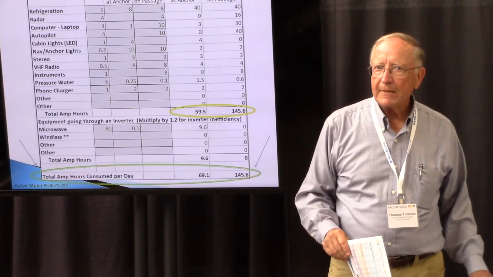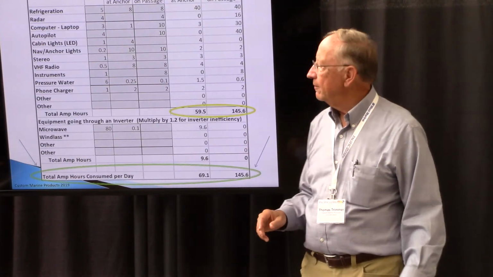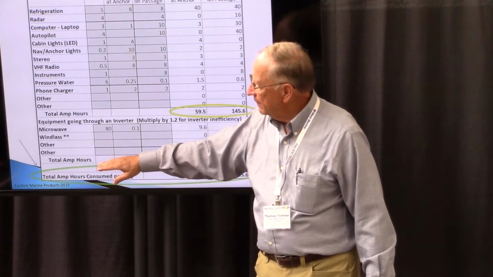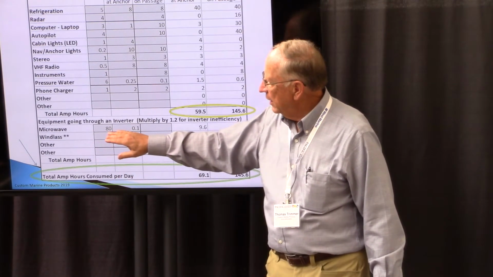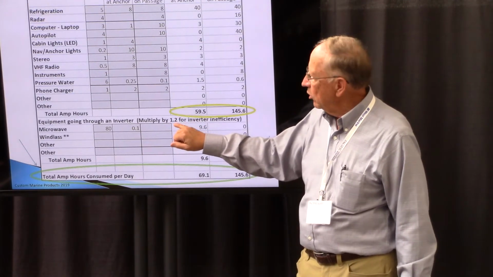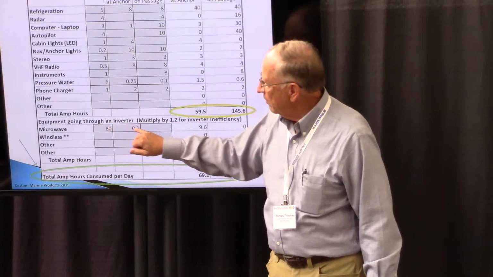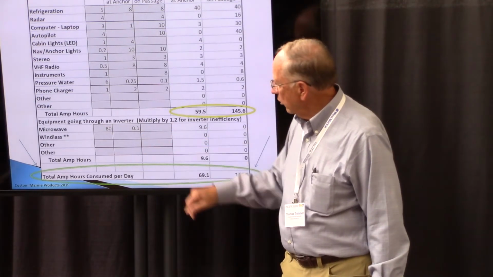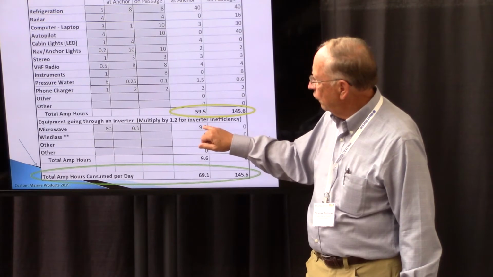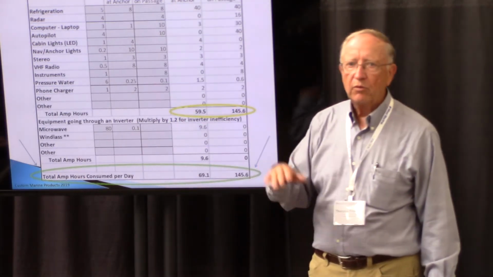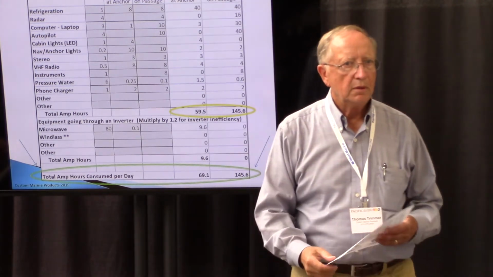Got it? Okay, now if I have an inverter on board, and I have a microwave or whatever, the inverter is fairly inefficient, so we multiply our amp draw by 1.2 to come up with our hours for the inverter. So for your microwave and whatever,